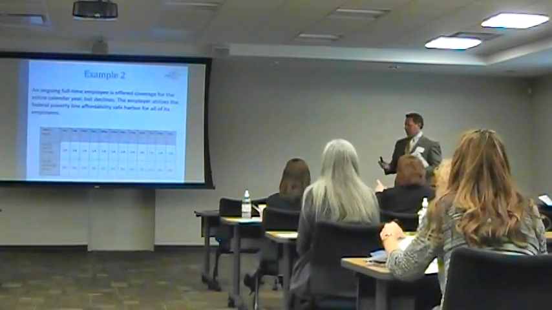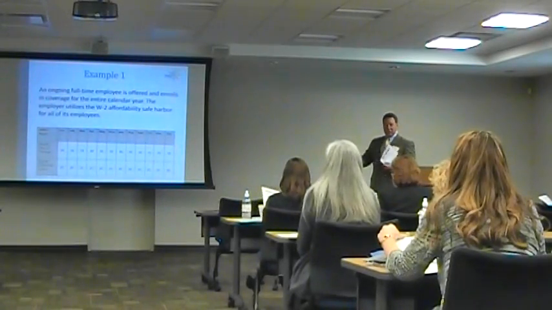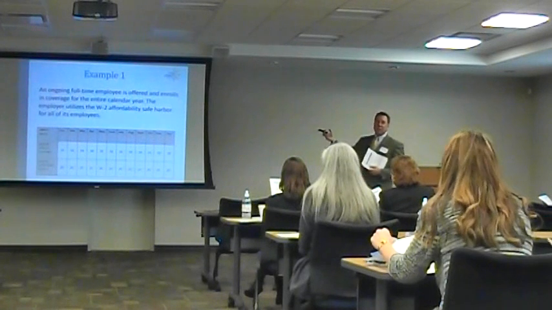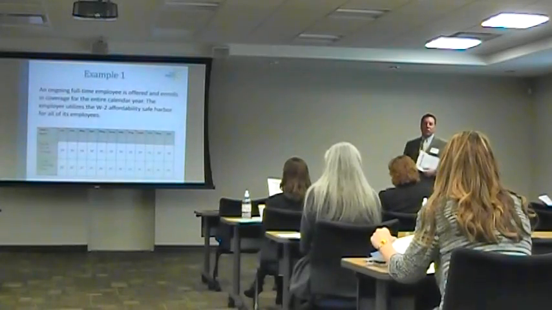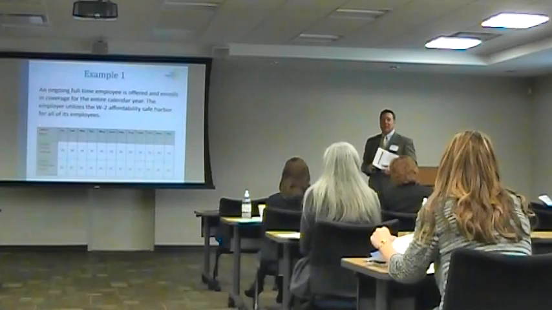I'll show you. So 2C, this is what Caroline talked about. 2C trumps everything else. Because in fact, I use the W-2 affordability safe harbor. When you look at your 2s, W-2 affordability is 2F. So I could have said I can use 2F here. I offer them coverage, they enroll. I use the affordability safe harbor for them. But they're declined because they're on